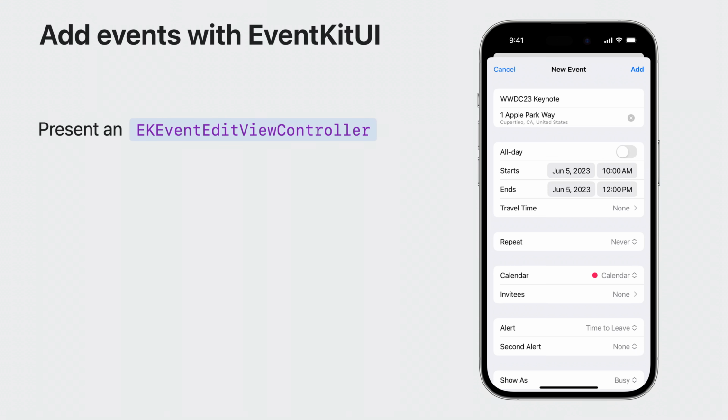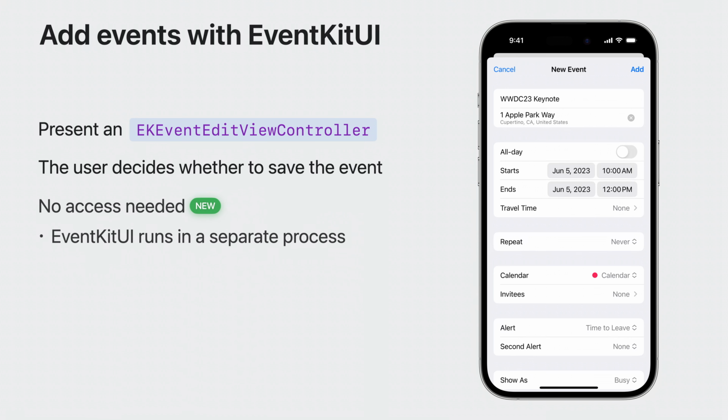Present an EK Event Edit View controller to show an editor with the event details filled out. This gives people a chance to choose a calendar or make other changes before deciding whether to save the event. In iOS 17, this UI runs in a separate process, which means you don't need to request calendar access.